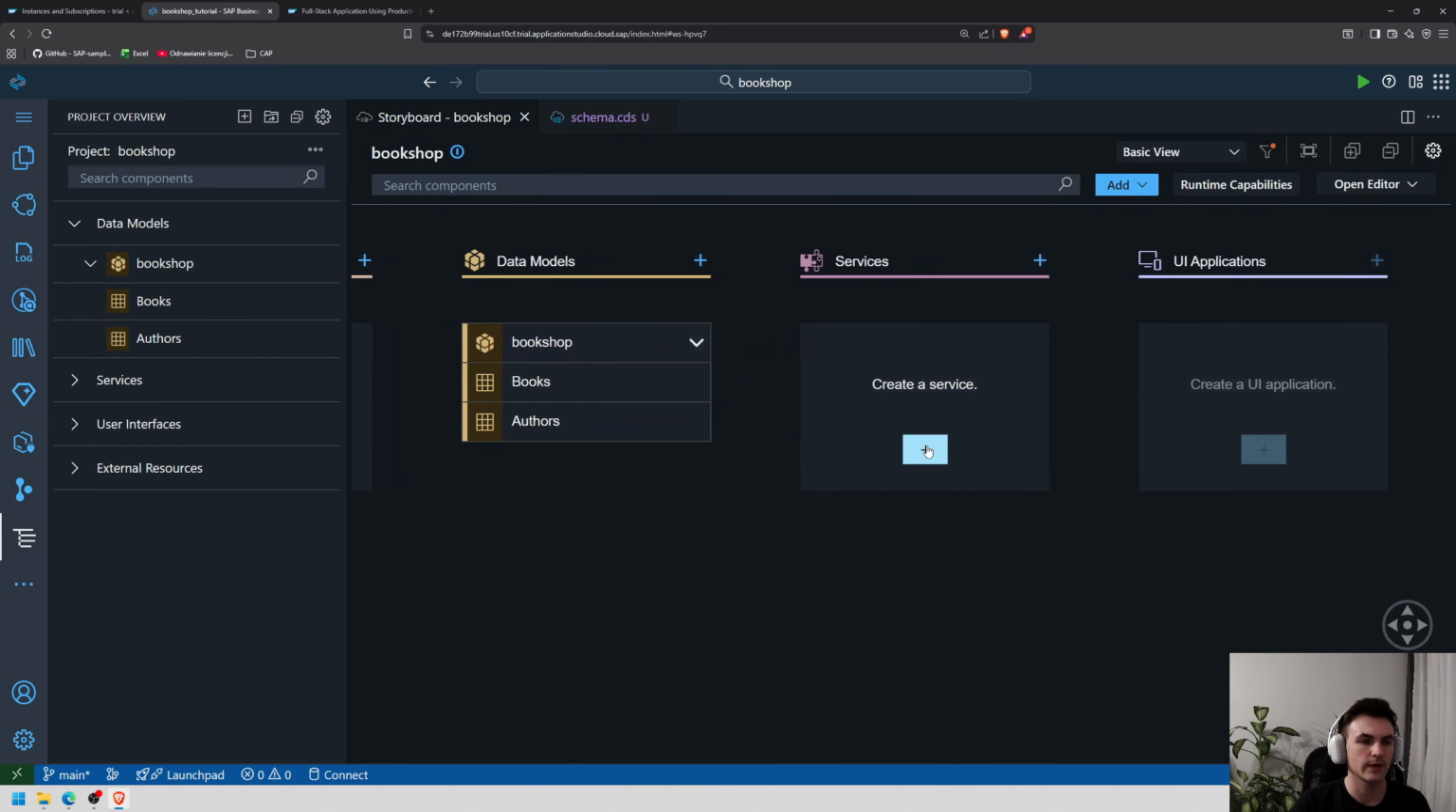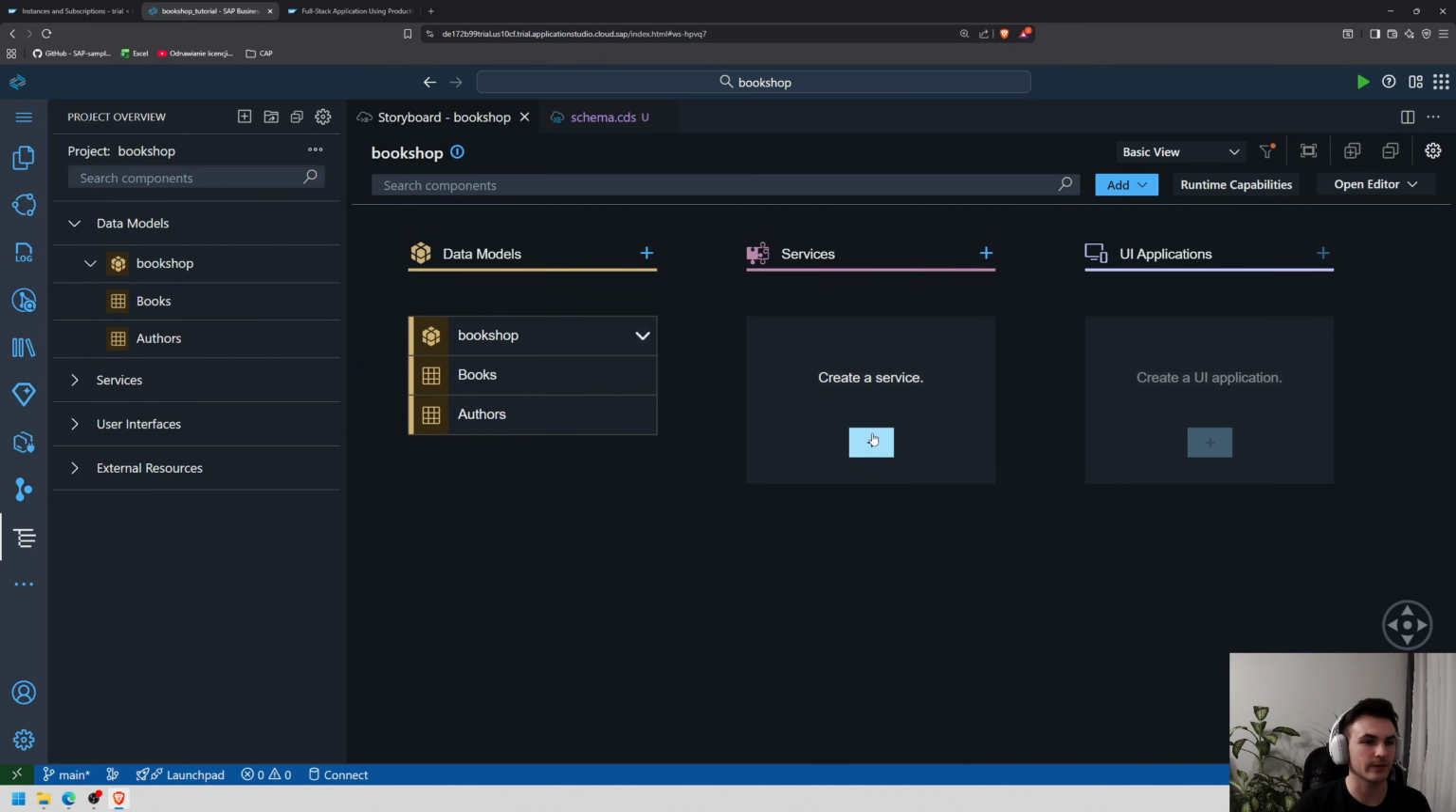So we need to expose our entities to the world, so to say, to our applications, so that they can use them to pull the data. So let's create a service. I'm gonna choose the name Bookshop Service, just as the application suggests. Press on Create,